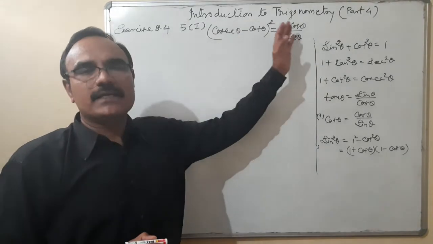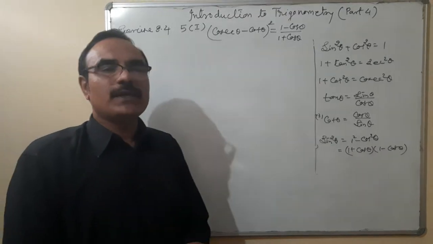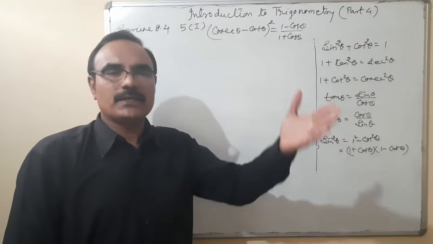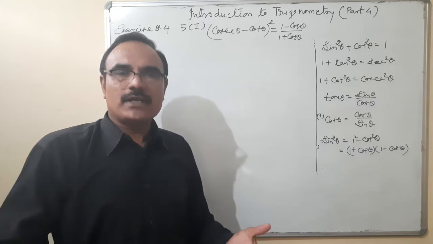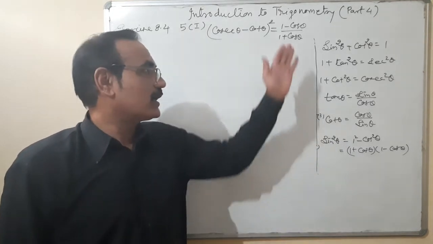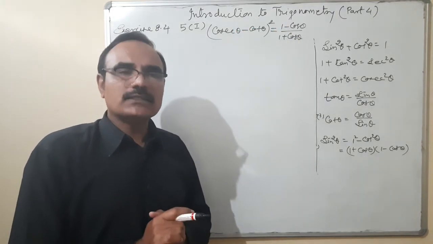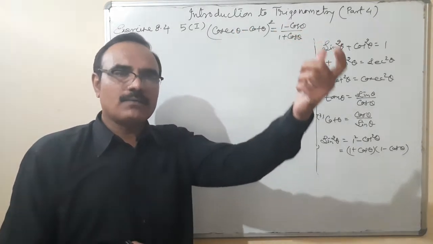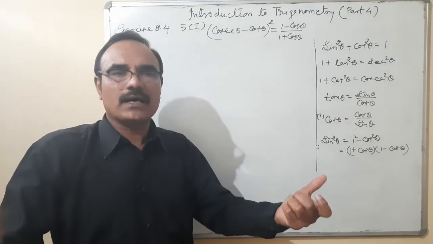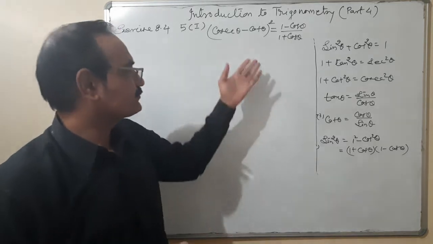Left hand side term, right hand side term, we can solve this question. For solving the question, we have three different ways. Either you can take left hand side and reach to the right hand side. So we'll write here LHS is equal to RHS. Or we'll take RHS and prove LHS. RHS is equal to LHS. Or the third way, you will solve half of the part LHS, half of the part RHS, and then we'll see that both the terms are equal. Okay.